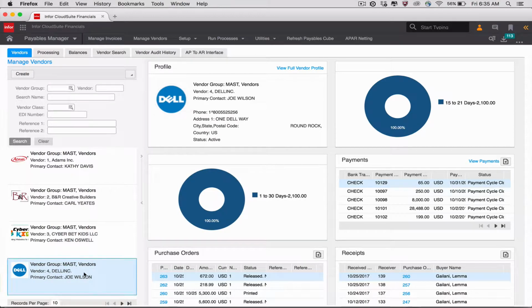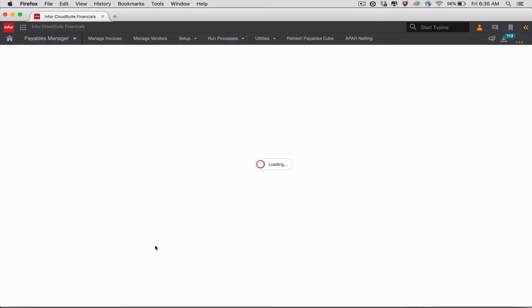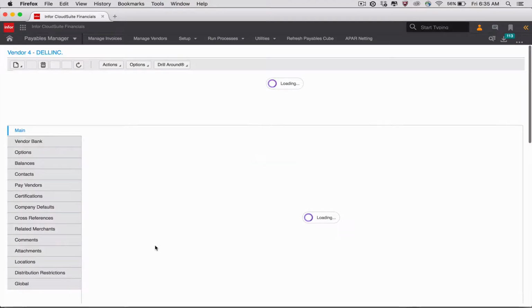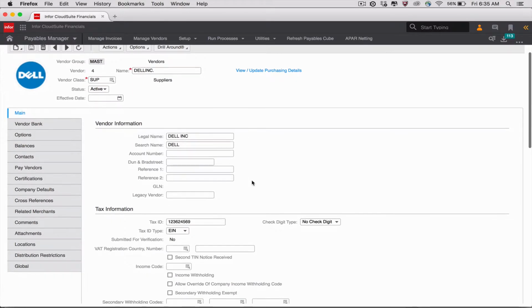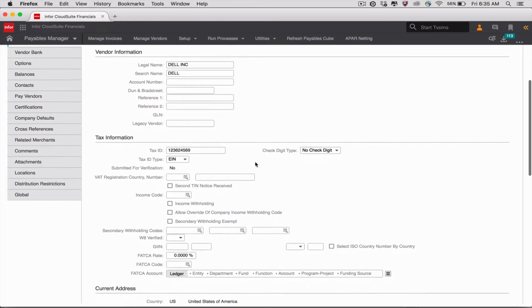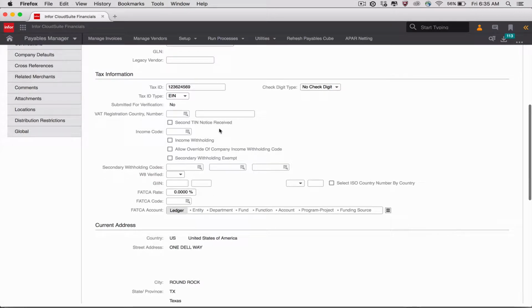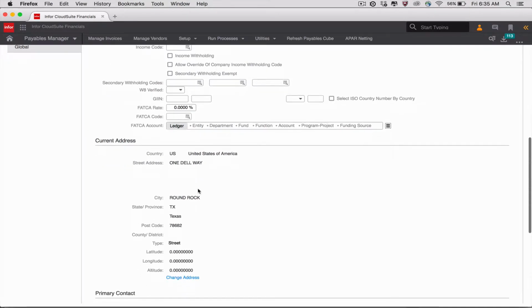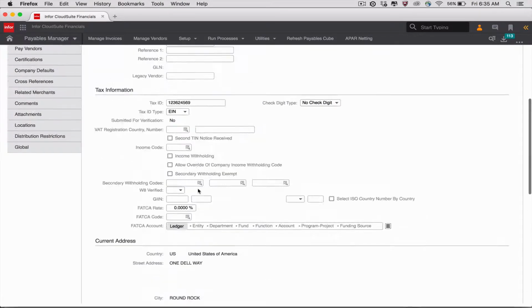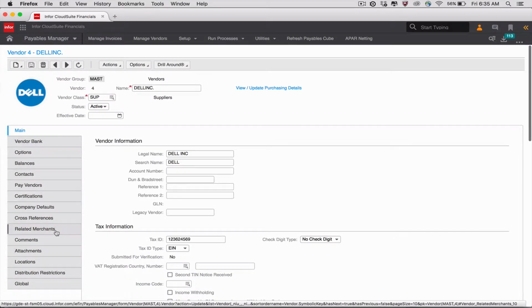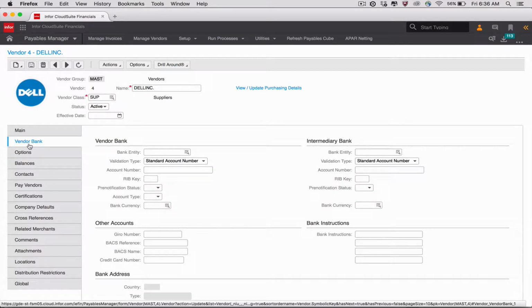So if we drill into the details for this particular vendor, we've got some overall details associated with the vendor, so the vendor name, tax information, 1099 information, address, contact, etc. And as I go down the left-hand side, you'll see that I have the ability to add or augment other options for the vendor. So I can enter and track the vendor's bank account information for EFT or ACH payments